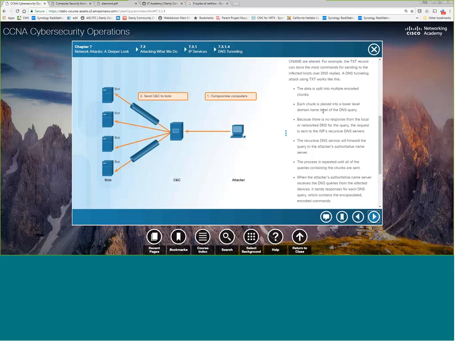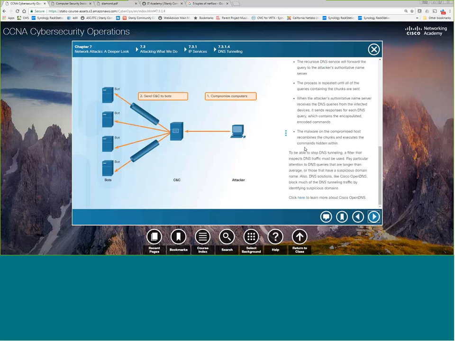I can't turn off DNS. Now I've got to be very careful about what DNS queries are going through. Now I've got to inspect all the DNS traffic being sent. How much DNS traffic goes through your network daily? What kind of firewall am I going to need to be able to do that? I need a next generation firewall, definitely.